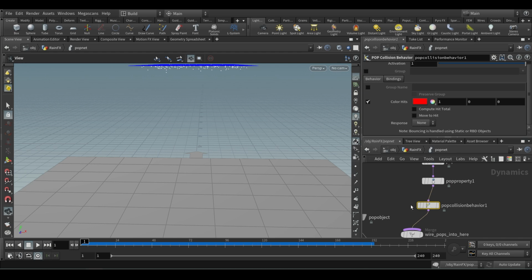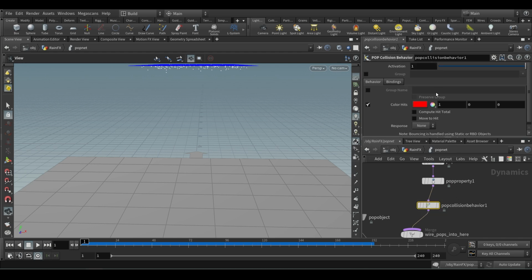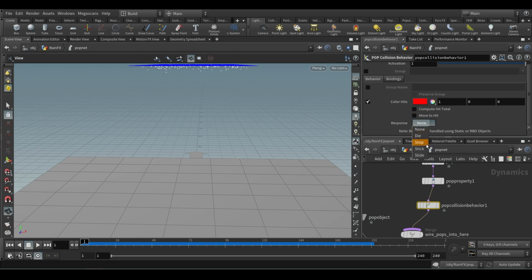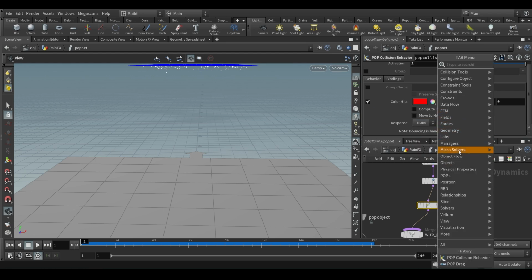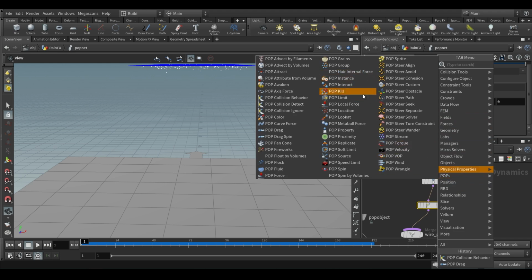So in order to get the splash, in the collision behavior, you need to say that it died. Of course there is no bounce back, but we know that there is this pop tool called replicate somewhere here. Yeah, replicate.